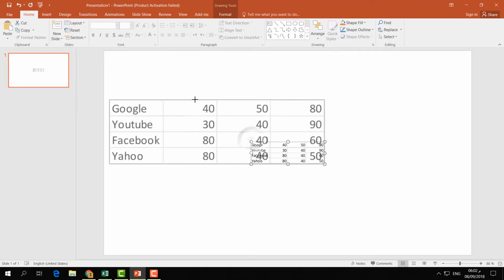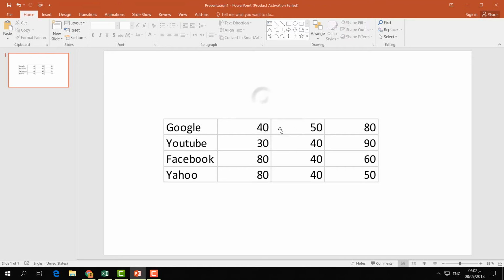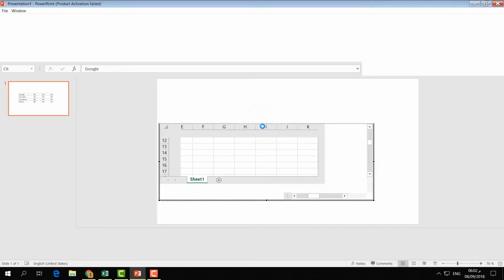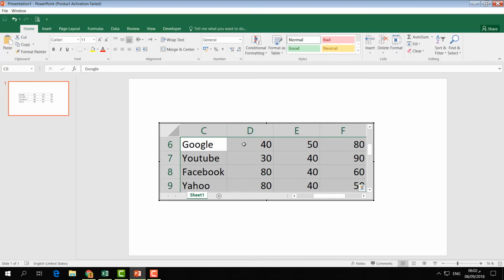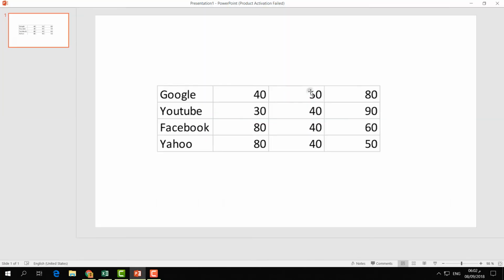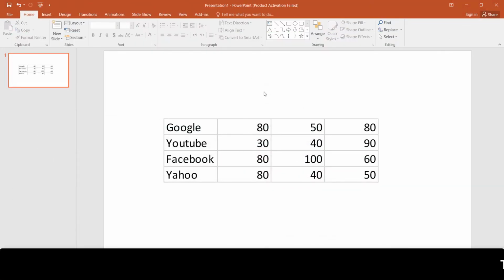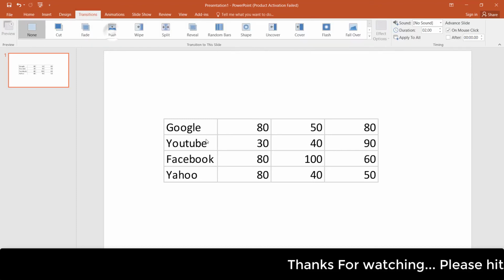Simply you can resize this or move it around, and if you would like to edit any figure you can do so. Simply click here and then it will pop up Microsoft Excel, and here you can type whatever you want to change the figure, and then if you click here it will automatically update that presentation. So also you can add any transition